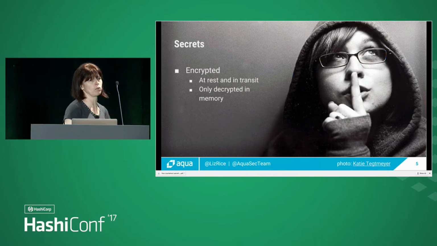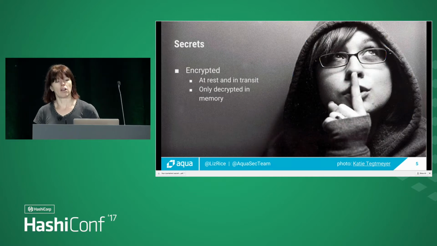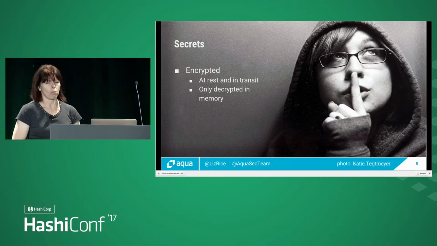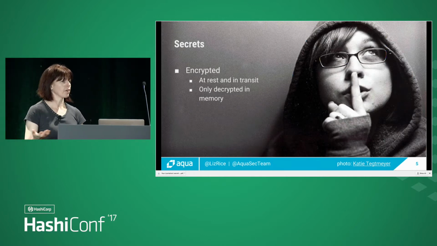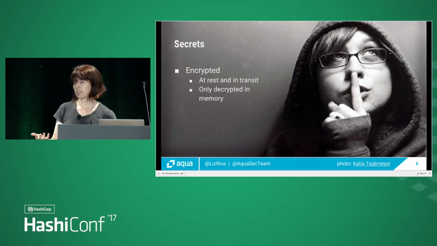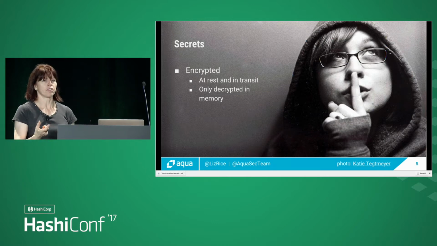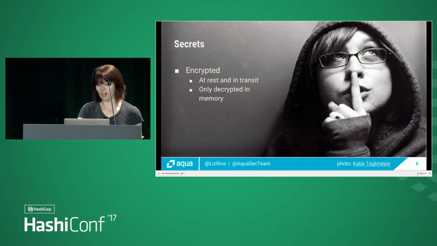We really only want to see them in plain text, in memory, in the code that needs to use that password. Why do we want to keep it encrypted? Well, if somebody somehow gets access to your cluster, gets access to one of your machines, gets access to one of your containers, if the secret is in plain text, the job is done. If the secret is encrypted, they still have a challenge ahead of them. Kind of obvious, but